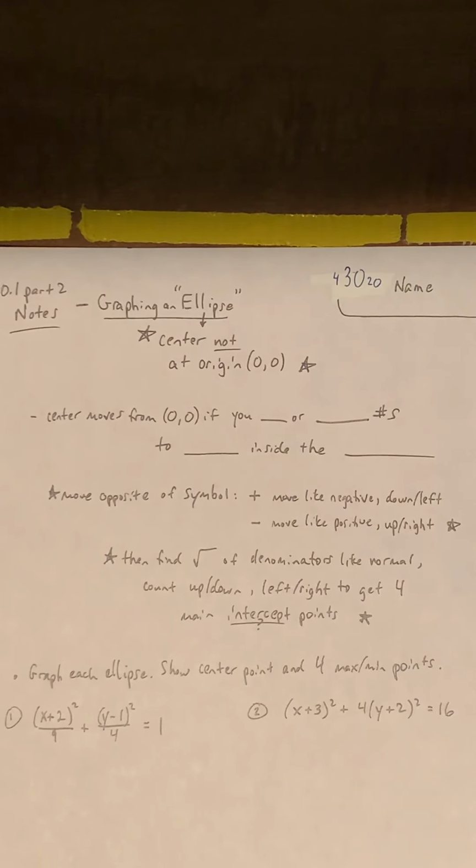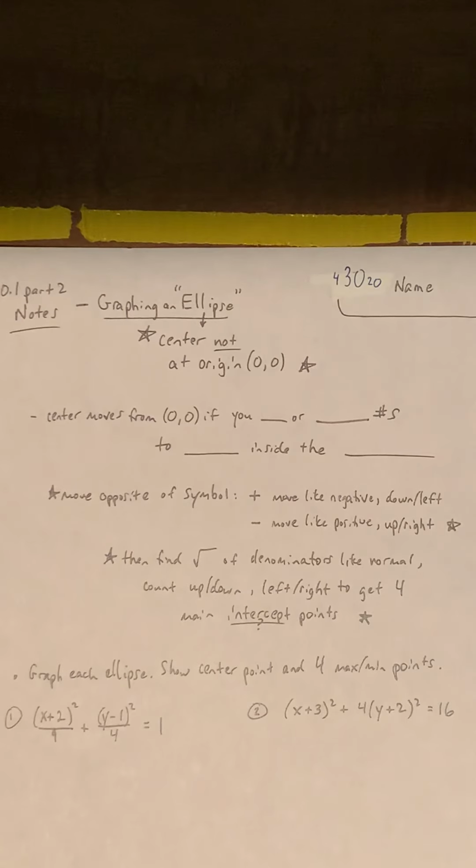like in part 1 along the y-axis, and then the 2 other of the 4 main points are a max and min, a high and low, horizontal on the x-axis. Now in part 1, when we graph an ellipse, we have the center point at the origin 0, 0. Here in part 2 today, we're going to graph an ellipse, but the center is not going to be